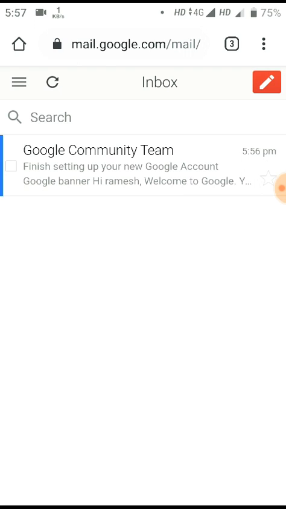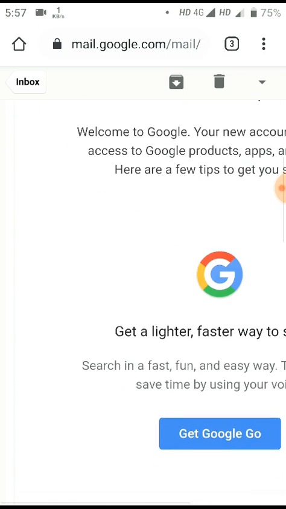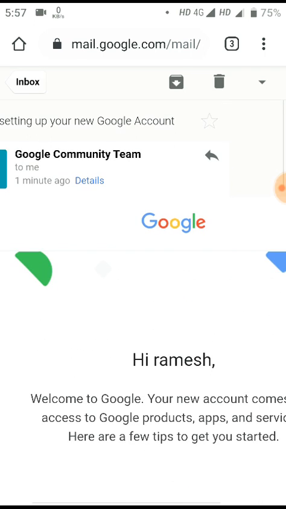You have to open that mail, and here you will find that kind of link. Here it is written Get Google Go, but in your message it will say join class, and when you click on join class, you will immediately join that class.